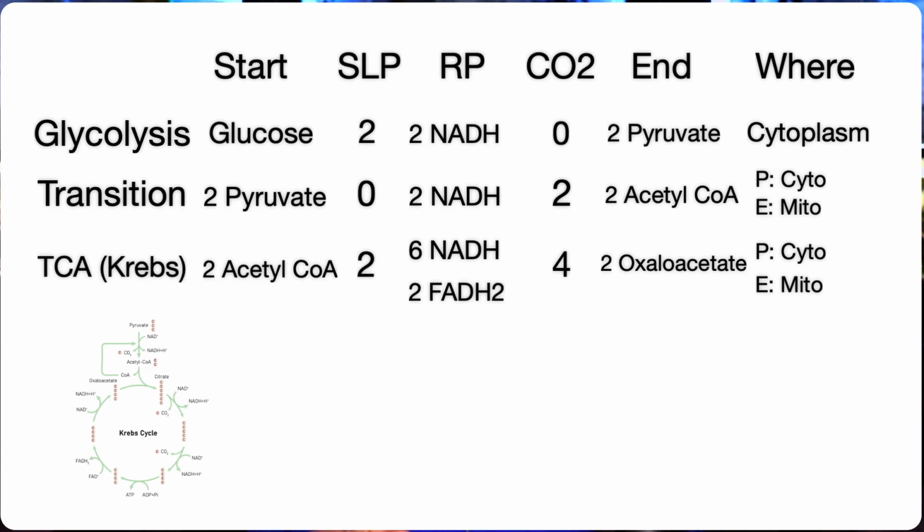Glucose to pyruvate. We just saw that in the previous slide. We get the 2 ATP substrate level, and we get the 2 NADH. But can we think this through for a second? If you have an organism that doesn't have enough oxygen or lacks an electron transport chain altogether, why would we